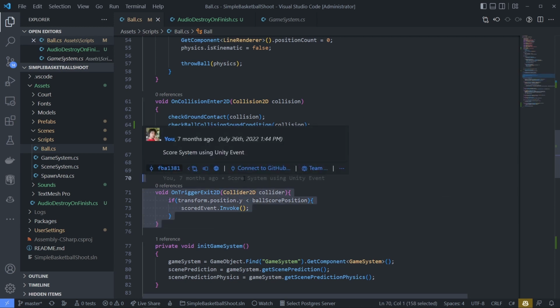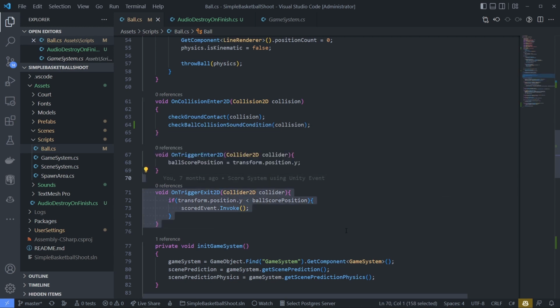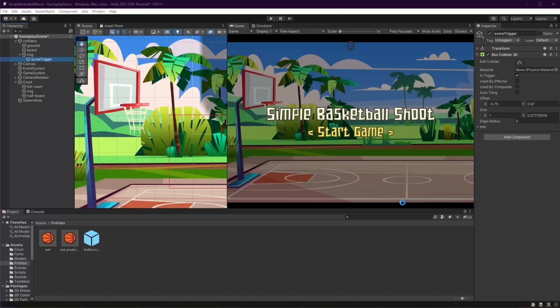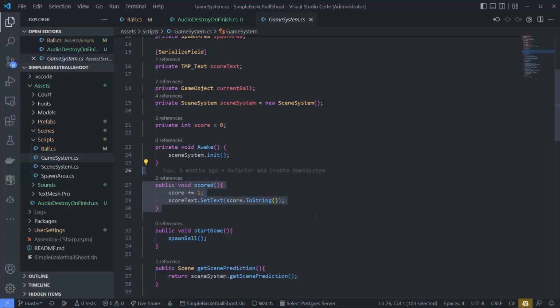So I don't know which one is right. But if you want to make it like an object-oriented thing, again, you can always do it here, or you can add another script for that. For example, in the score trigger right here. But okay, for now, we will just make it in the game system and in the score.